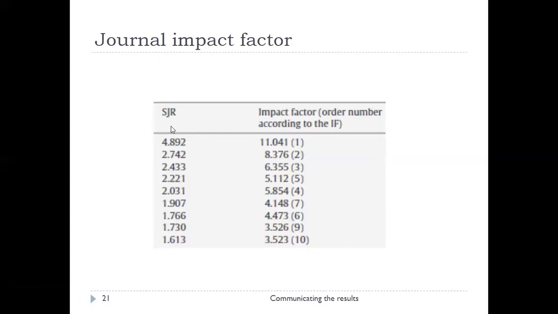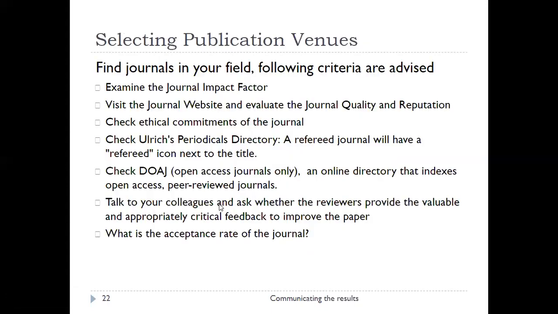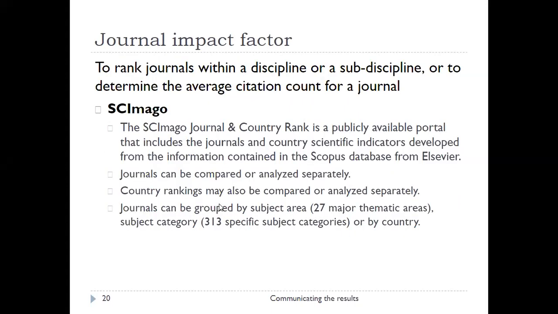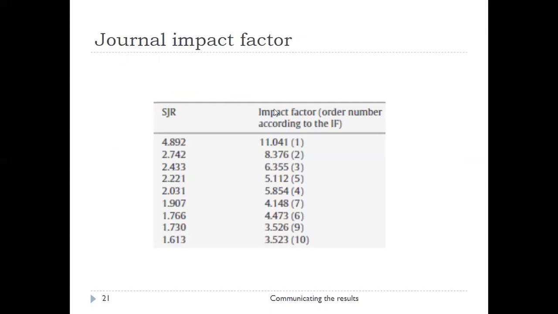So this is how SJR is done. Now there is a little difference, and usually this difference is due to the way this SJR is calculated. There is a little difference in the formula. Usually for the JCR or impact factor, 2 years of data is taken. For SJR, usually 3 years of data is taken. So therefore there are little differences in the calculation, and also some other parameters are involved there. Therefore they also have relatively different numbers, but the ranking is similar.